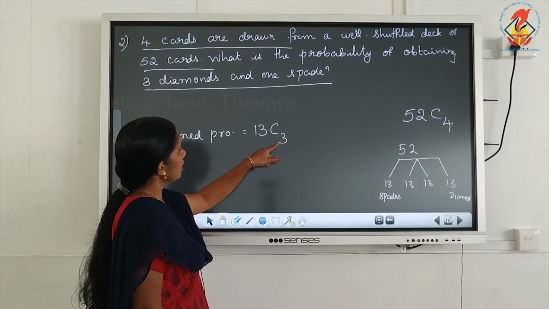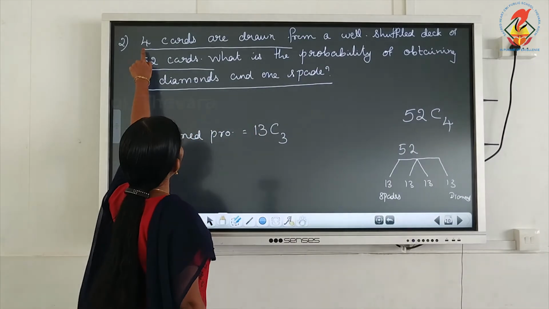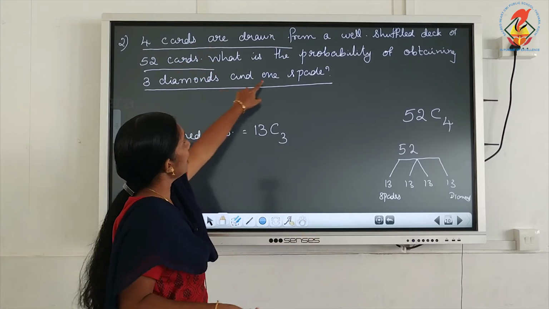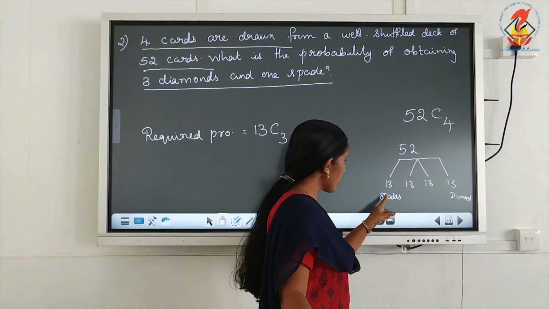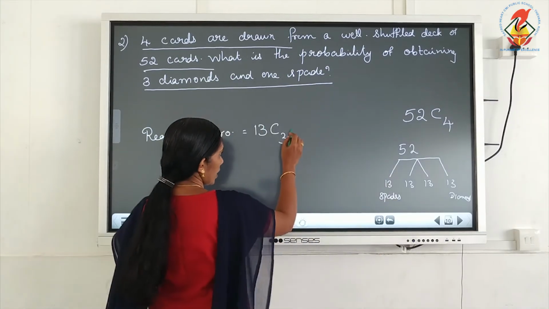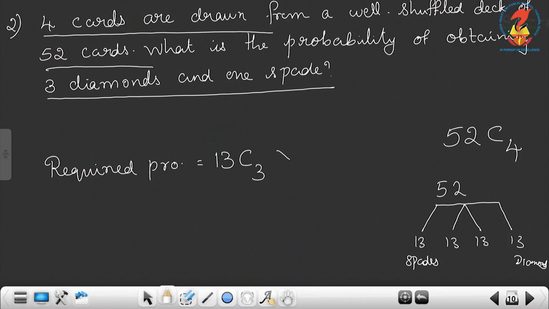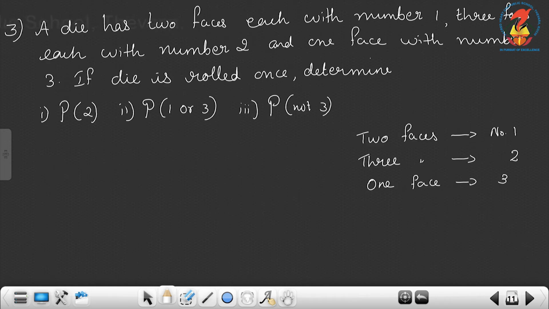Okay. So now here only 3 cards. We have to take 4 cards. And the other card is 1 spade. So from the spades, take 1 spade. So both we need, so in between, multiplication. So this is the only case. Okay. In the last question, it was either this or that. That's why there were plus symbols in between. Then divided by 52C4. Clear this? Okay, you can stop here. Calculation is difficult, so keep it as it is.